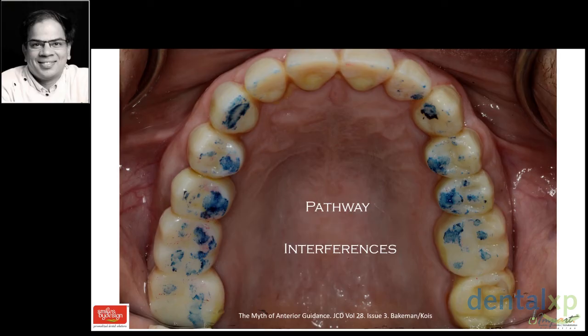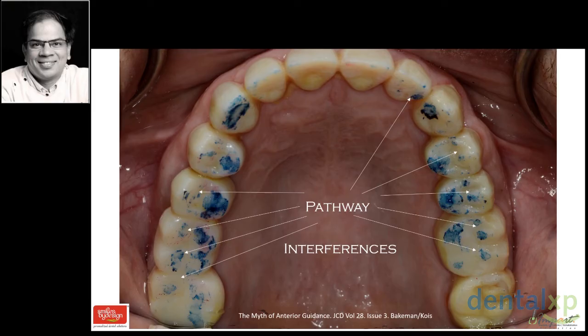So when I get these contacts here, and these are the chewing pattern interferences, these marks that you see on the paddle of these teeth are the ones that are going to be the centric contacts, but whatever you see on the parallel slopes of the buccal cusp of these teeth, those are the ones that are going to be a problem, and we are going to adjust them. So if I'm going to draw arrows here to show which are my chewing pathway interferences, it's these lines. Wherever the arrow ends, somewhere there is your chewing pathway interference.